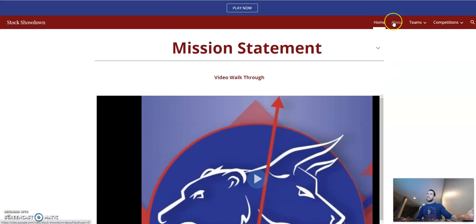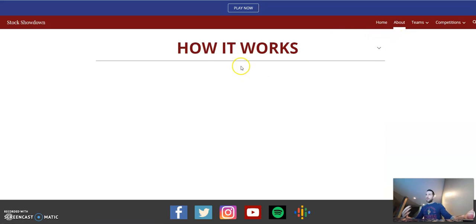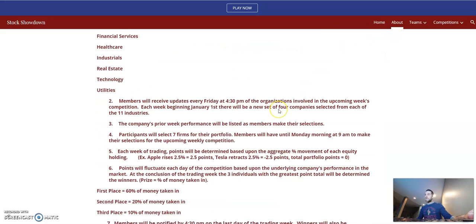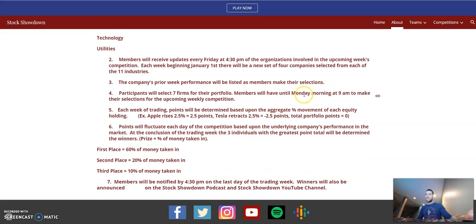But nevertheless, to further emphasize what I did in the week 1 overview, I also break down how it works. I did make some slight alterations to how it works. All picks have to be in before Monday morning at 9 a.m. each and every week.